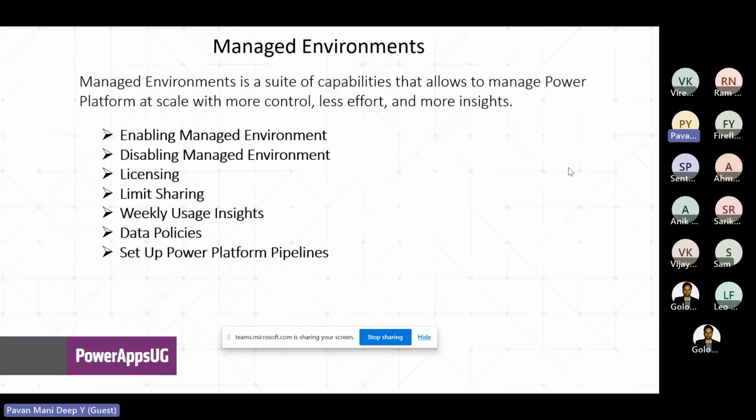So as I told, managed environments is definitely required for setting up power pipelines. So managed environments is